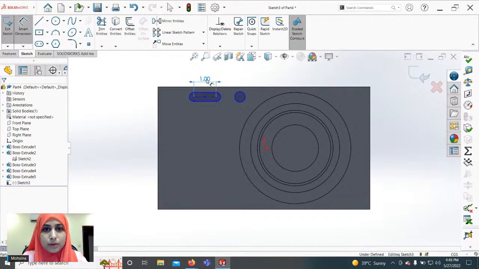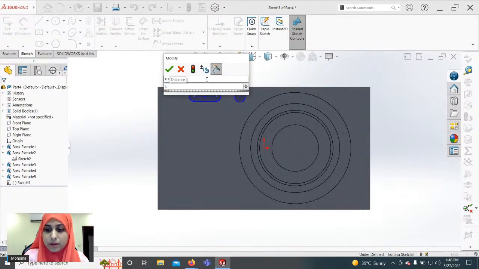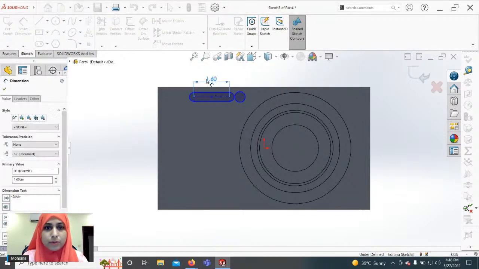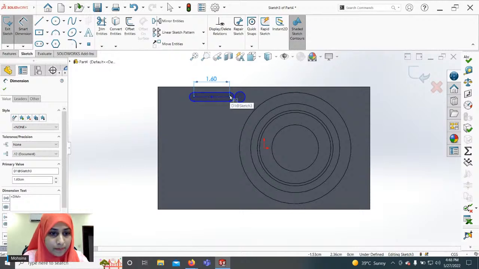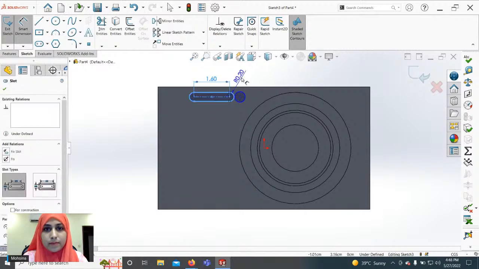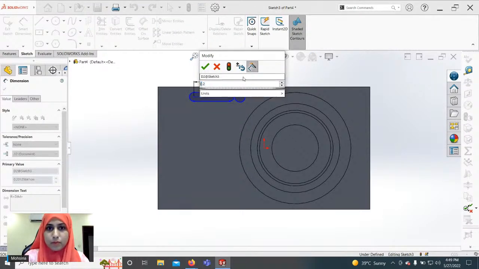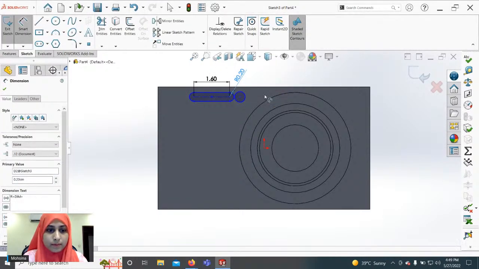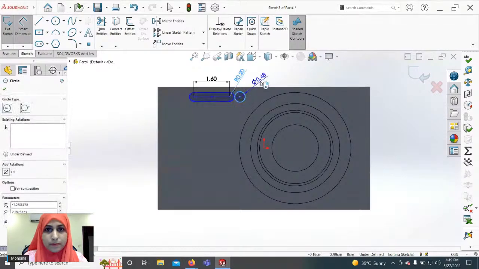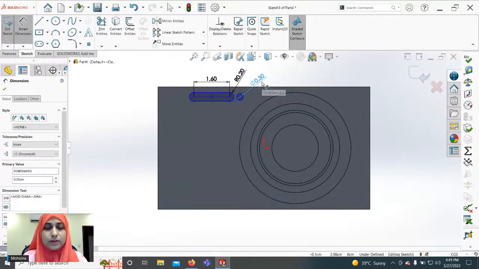Sorry, it would be double click on the dimension to edit it. It would be 1.6, 0.2 and 0.3. Again, these sketches are blue in color and the status shows underdefined.